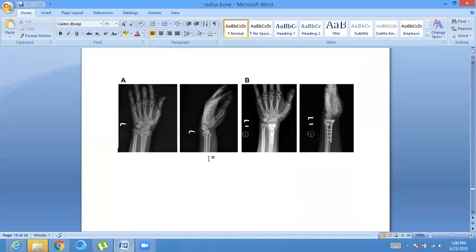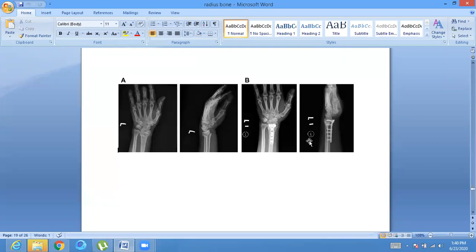Here you can see this is a broken fragment of the distal end of the radius and it is directed posteriorly. This is called the Colles fracture, okay? You fall on an overextended hand, the lower end of the radius fractures and bends dorsally, like this, right? So this is a Colles fracture and here you can see how it is being repaired, okay? By nails and plates, whatever.